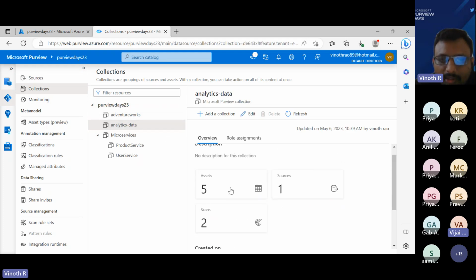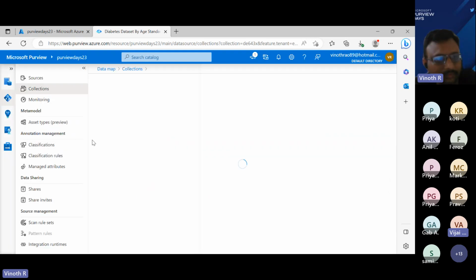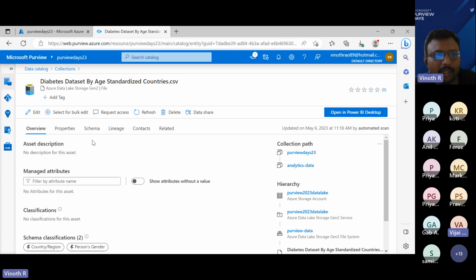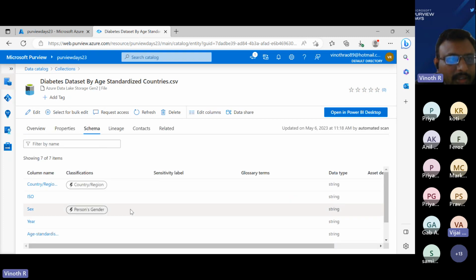In the data lake, I can see what things I have, and this is a particular data set. This is a CSV file,